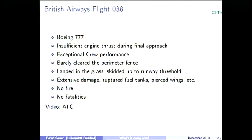Well, here we have an accident, one luckily without any fatalities. It was a Boeing 777. It is so far the only hull loss, that is the only total loss of a Boeing 777. During final approach, the engines produced a lot less thrust than was actually required. Slightly above idle, but not as much as needed to keep them at a constant speed on the glide path